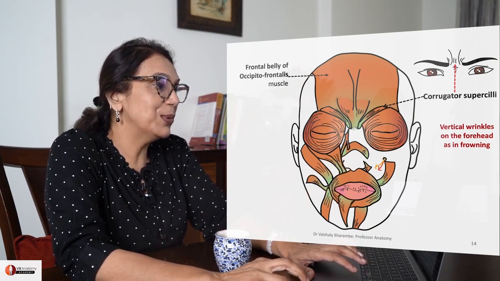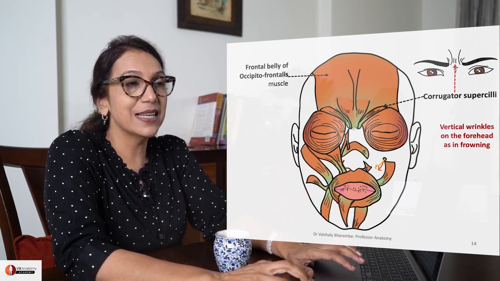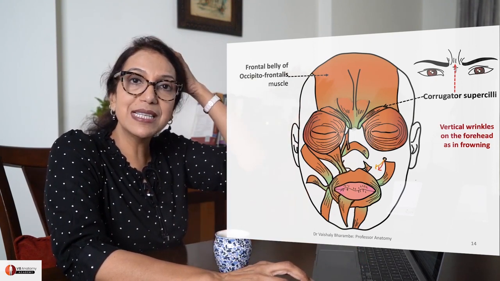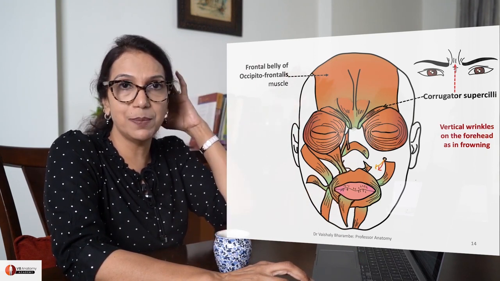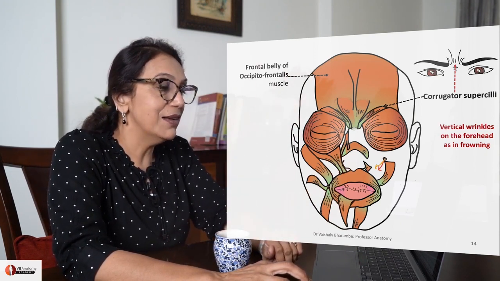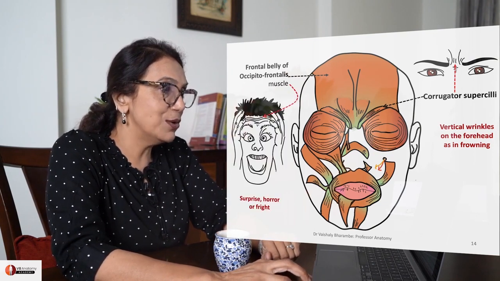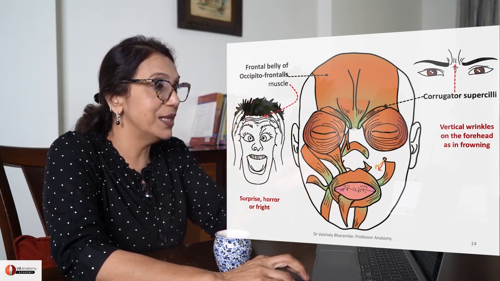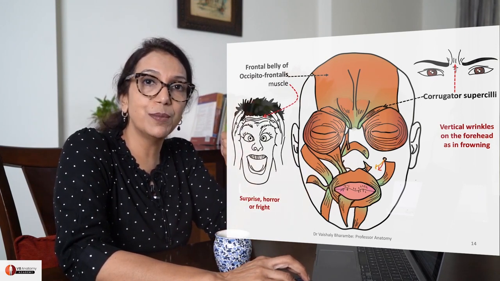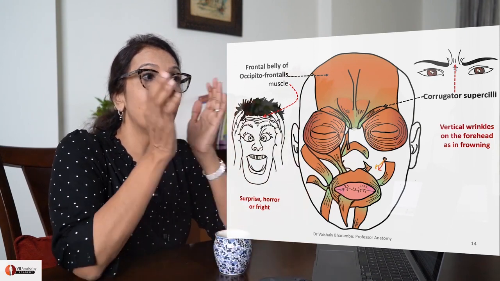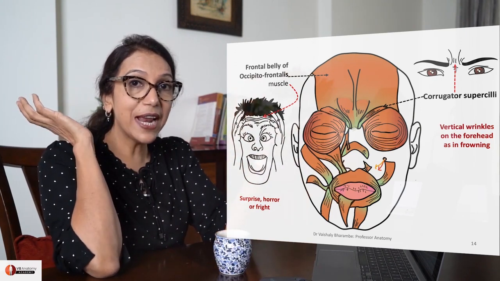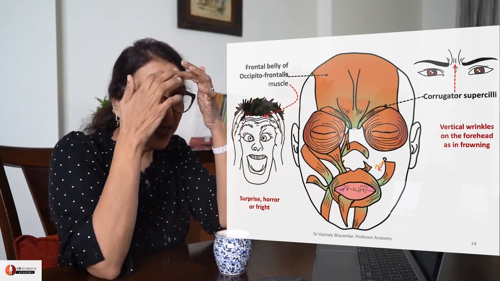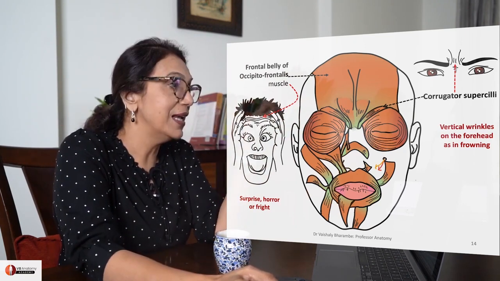Right. Now we come to the frontal belly of occipitofrontalis. I'm sure all of you are aware of it since you've done the scalp. Okay, so the muscle of the scalp is your frontal belly and occipital belly of occipitofrontalis. When this muscle contracts, can you see those horizontal lines on his forehead? Okay, this kind of lines. Now these are caused by frontal belly of occipitofrontalis. That's the expression you have. Oh my God, what a surprise! Fright. Okay, all these expressions of surprise, horror or fright and these horizontal creases on your forehead is your frontal